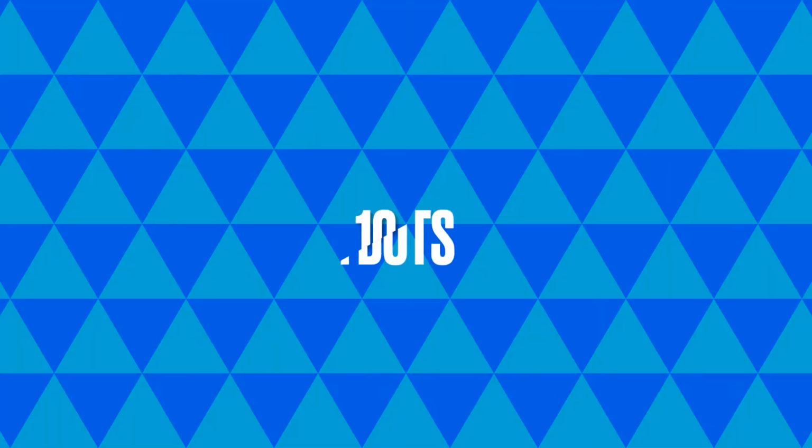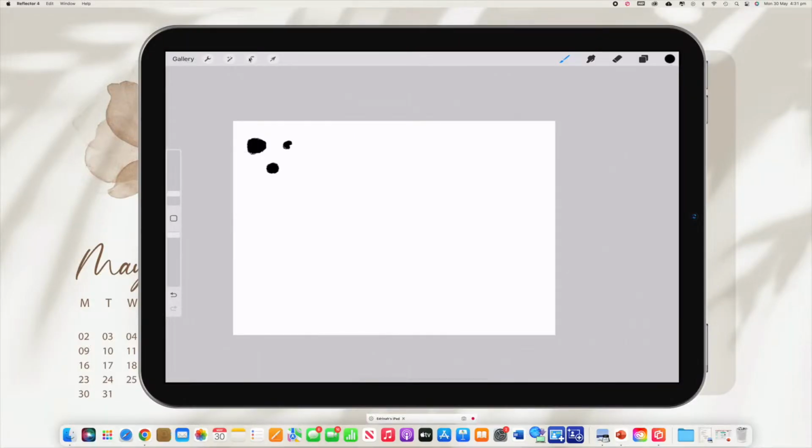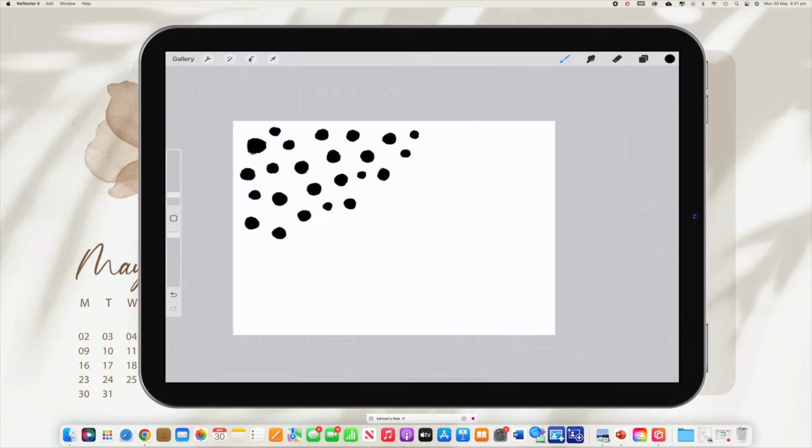All right, number 10 is dots. So literally making dots. If you want them to be more circular, you will have to change your brush. And like I said, I really like this brush just because of the painted effect, because it makes it look a bit more artistic, I think. But if you did want something a bit more circular, then I would recommend maybe a monoline brush